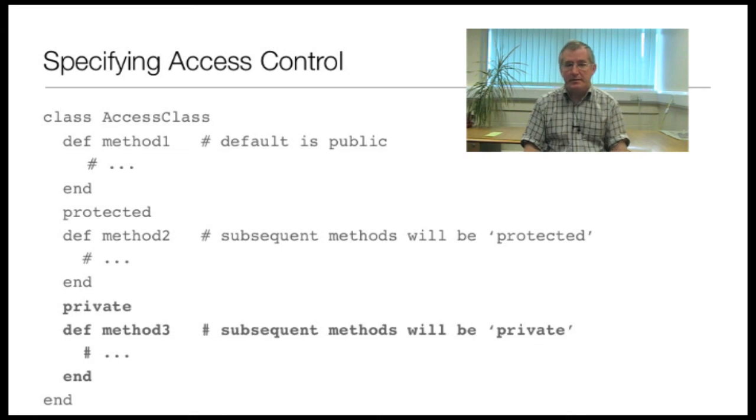Of course, if you're sensible and organized, you'll place all of your public methods first, because they're the first things that any user of the class will want to look at. The protected methods next, and then the private methods finally, because those are things which are only of interest to the